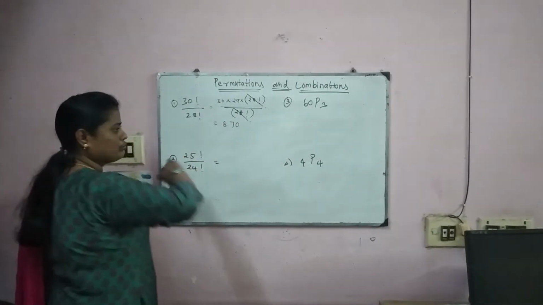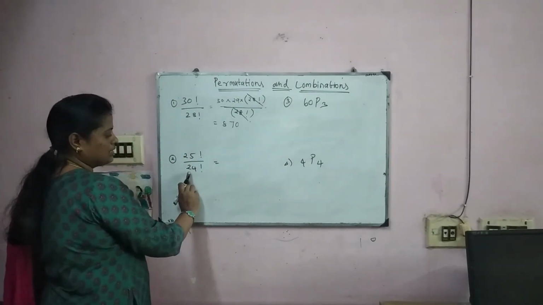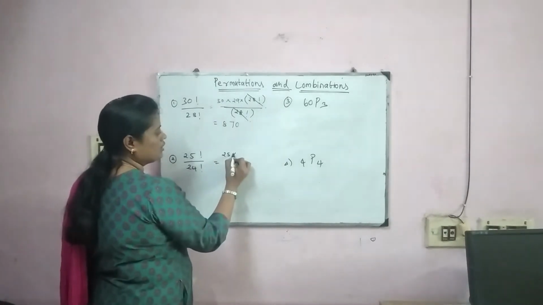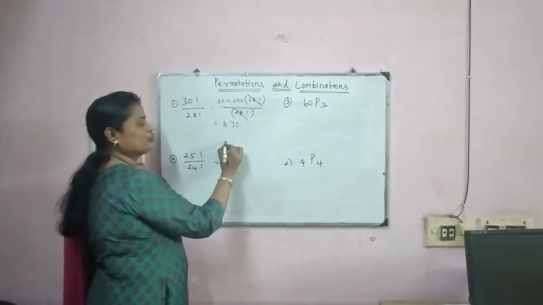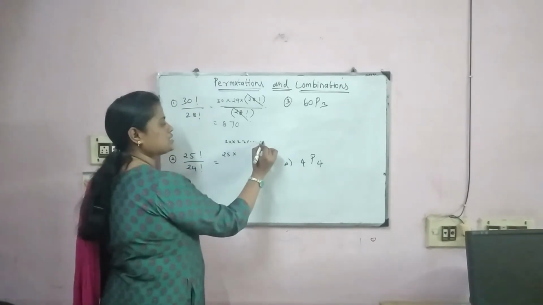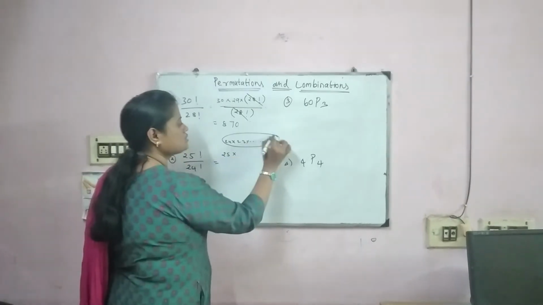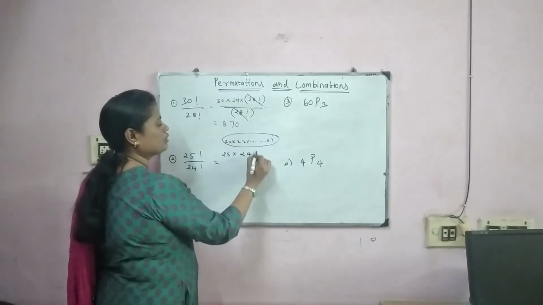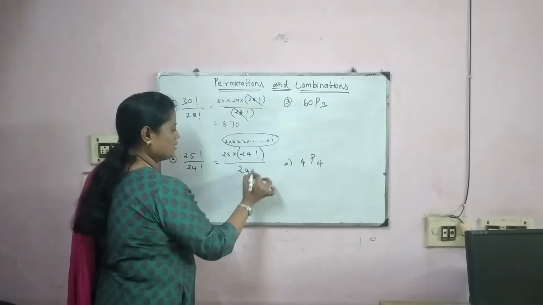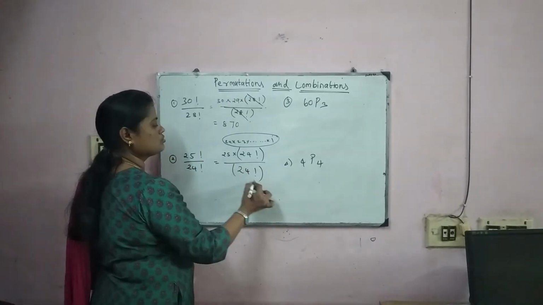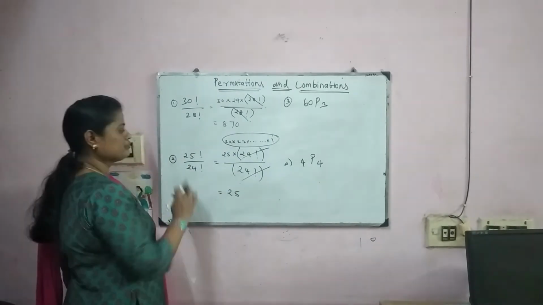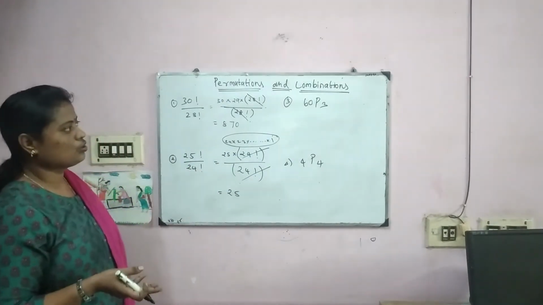So 25 factorial, now you have to go by backward order, but the denominator is 24 factorial. So write 25 alone. The remaining from 24, we have 24 into 23 into etc. into 1. So for these things you have to write 24 factorial. By denominator they already given 24 factorial. So these two things getting cancelled, the value of this is 25. So how we are calculating, you got the idea.